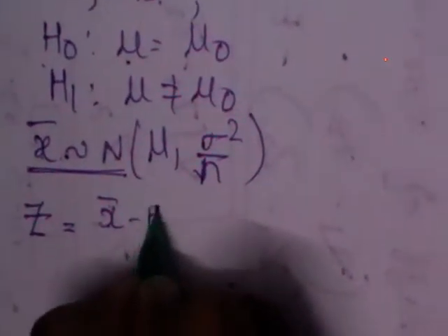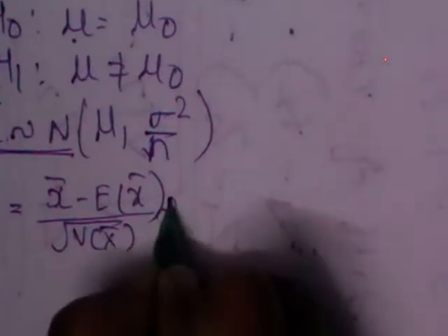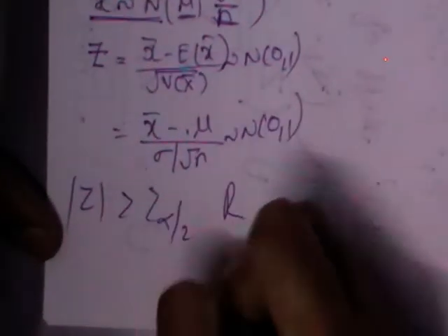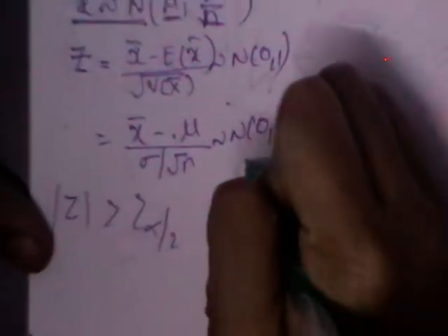Under the large sample test, using the central limit theorem, if this is a normal variate, you can define a standard normal variate as (x bar minus E of x bar) by root over variance of x bar, which follows N(0,1). Here x bar minus E of x bar is the numerator, and the denominator is the standard deviation, so it is (x bar minus mu) by sigma by root n, which follows N(0,1). Decision, I think no need to repeat. Compare that with the table value, reject or accept. This is for single mean.